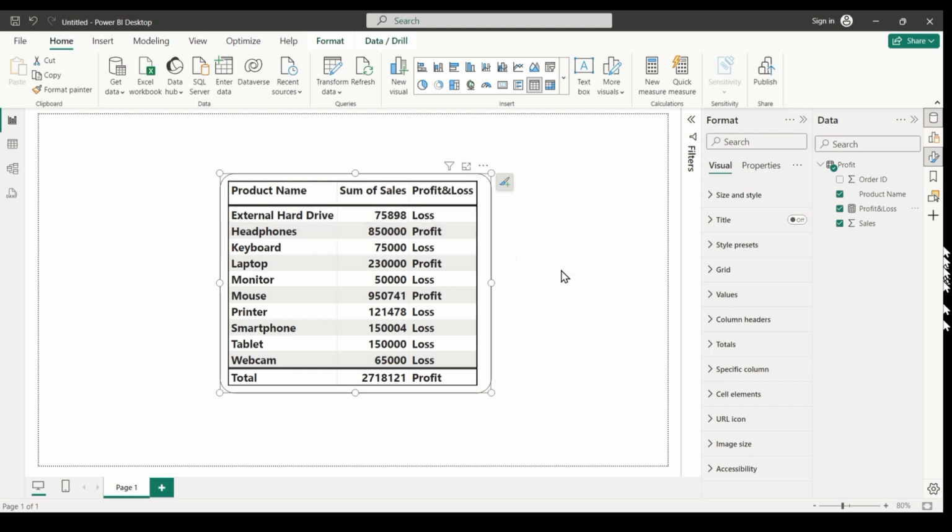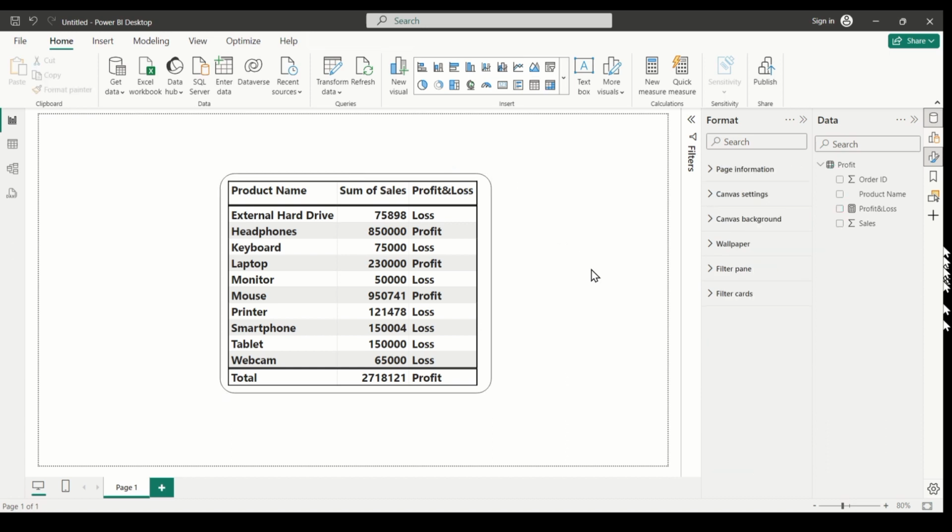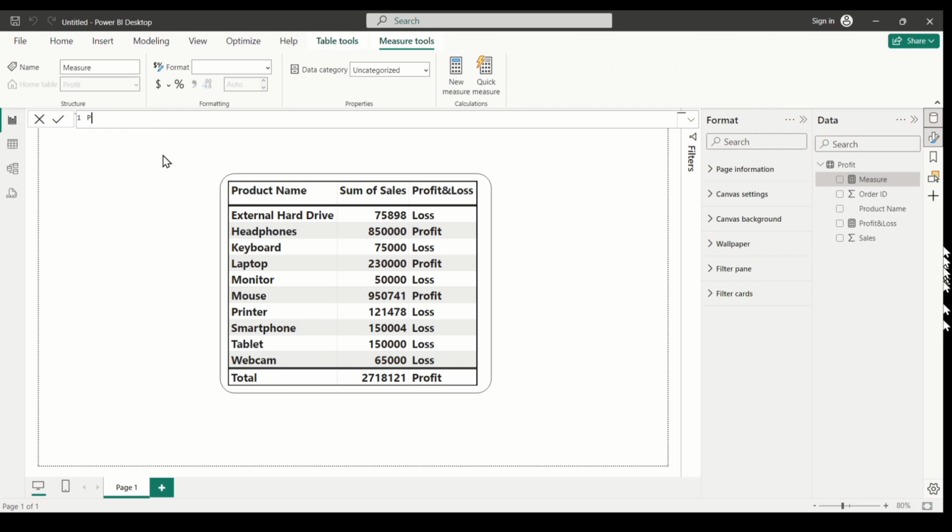Alright, now we are going to again create a new measure in which we will use our nested if condition. Alright, so a nested if statement basically involves multiple if statements within each other, allowing for more complex logical evaluations. Alright, so right click on our profit table, click on new measure, right. I'm going to name this as profit category equals to